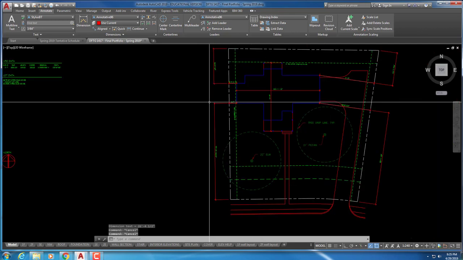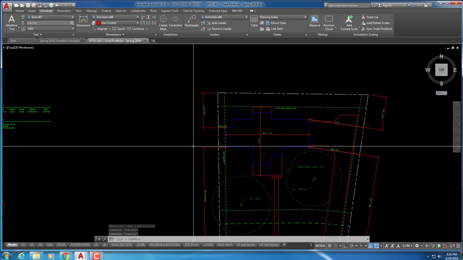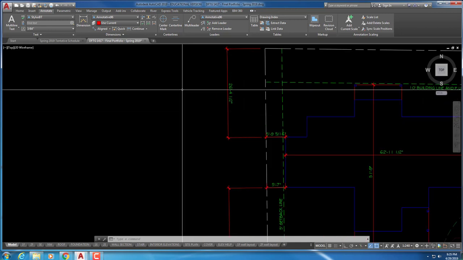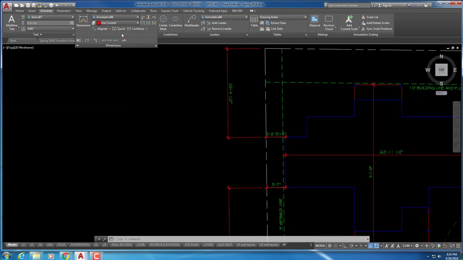All right, so you want those kind of aligned, but you see they came in backwards. There is a way to fix it. It's not terribly logical, but there is a way to fix it. You go to the drop down under dimensions, and where is it? I think it's this one. Text angle, and you select it,